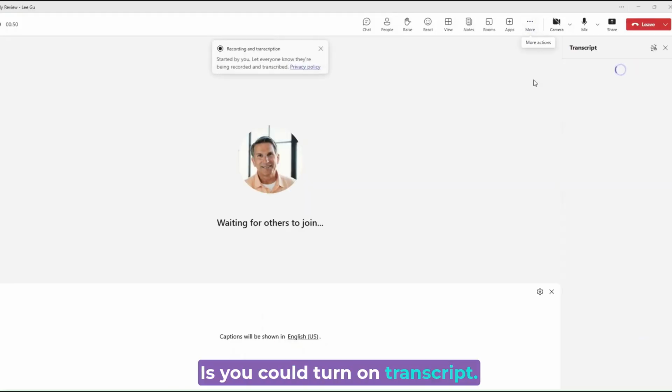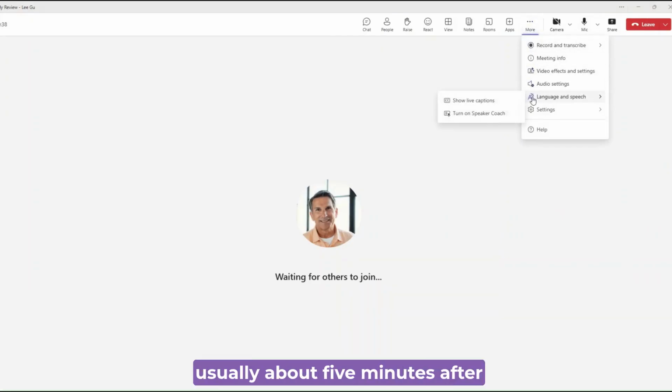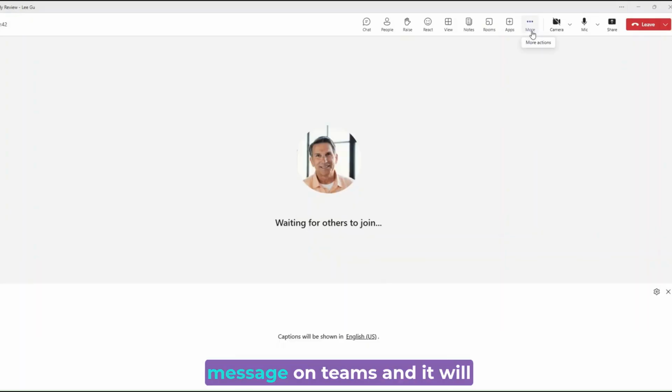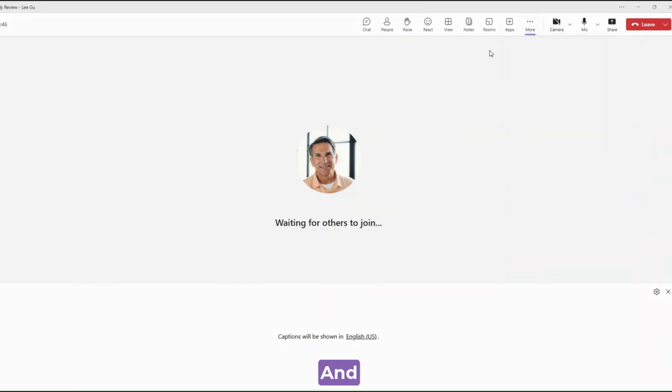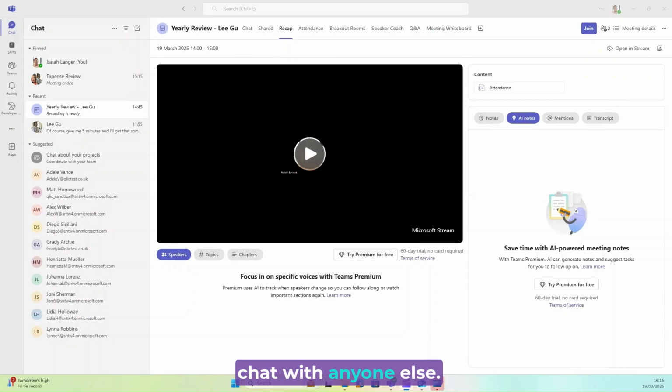You can also turn on transcript. This means at the end of the meeting, usually about 5 minutes after it ends, it will send you a message on Teams with a complete rundown of what everyone has said in that meeting. You can see this here, it will come up as a normal chat, as if you've got a chat with anyone else. Obviously this was a demo, so there's no transcript because no one said anything, but if you've got the Copilot license as well, these AI notes